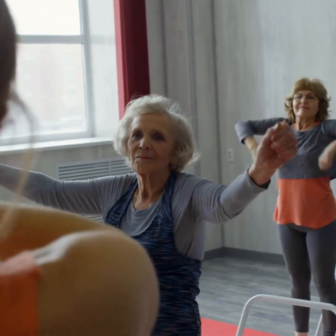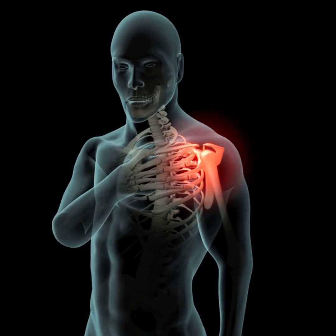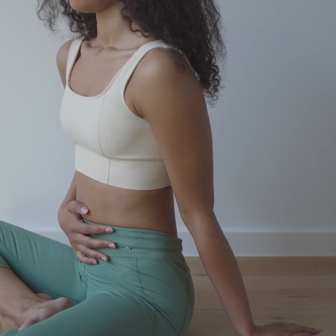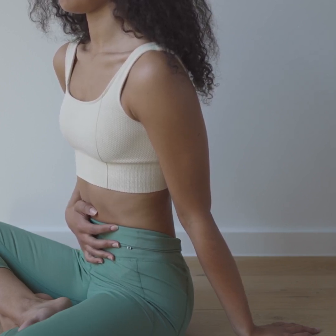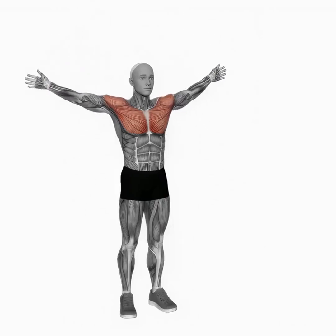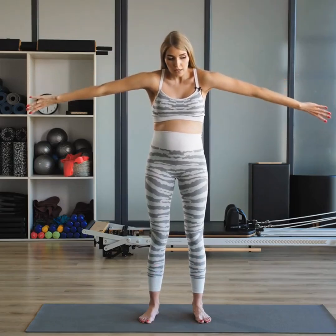The key to the arm circle is to keep your arm straight and your shoulder relaxed. This will help you engage your shoulder muscles and prevent any strain on your joints. Remember to breathe naturally and don't push yourself too hard. The goal is to challenge yourself, not to exhaust yourself. As you get more comfortable with the exercise, you can gradually increase the size of the circles and the speed of the motion. Remember to focus on your core engagement and keep your posture straight, as this will help you